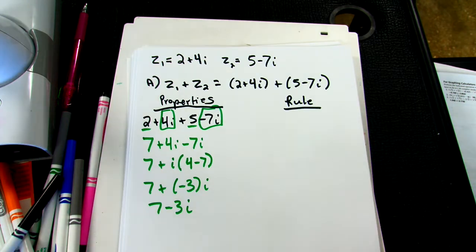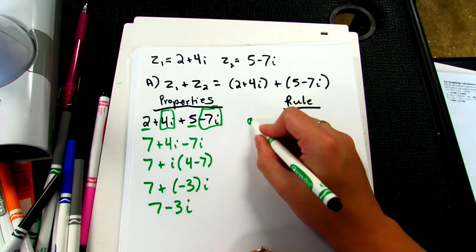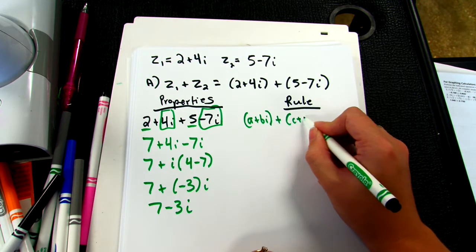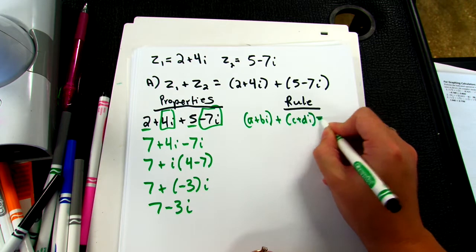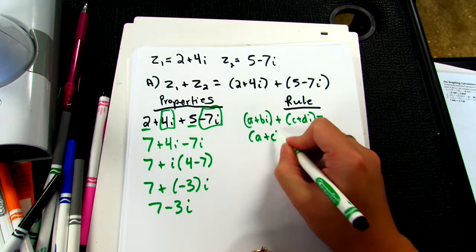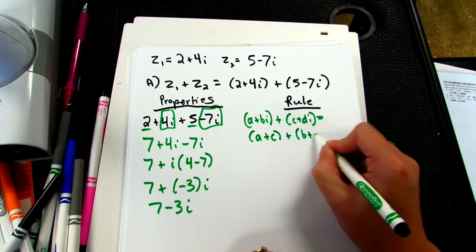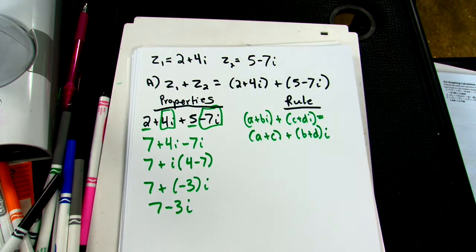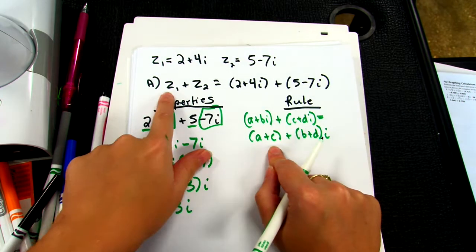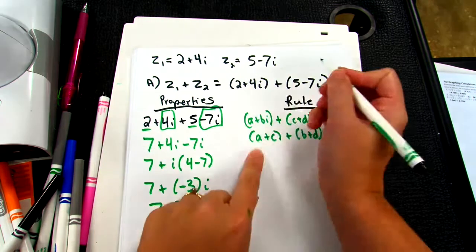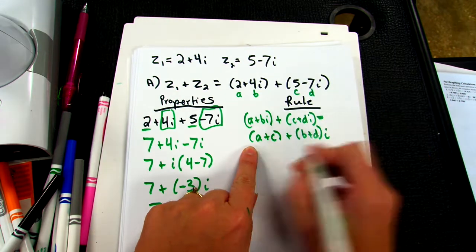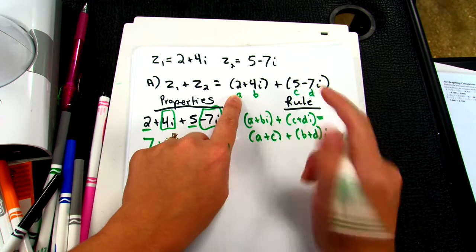The rule says that a plus bi plus c plus di is equal to a plus c plus b plus d i. Okay, so first I have to figure out what is a, b, c, and d, right? Well, since it's z1 plus z2, that means that this is a, this is b, this is c, and this is d. Okay, so a plus c, so 2 plus 5,